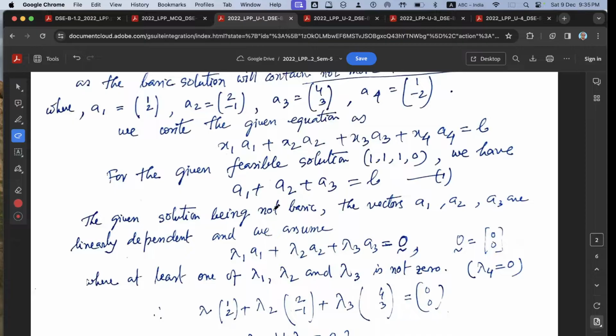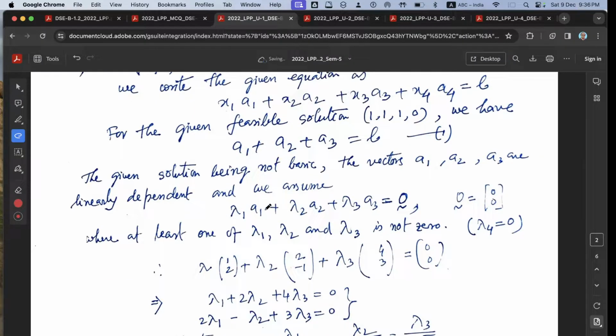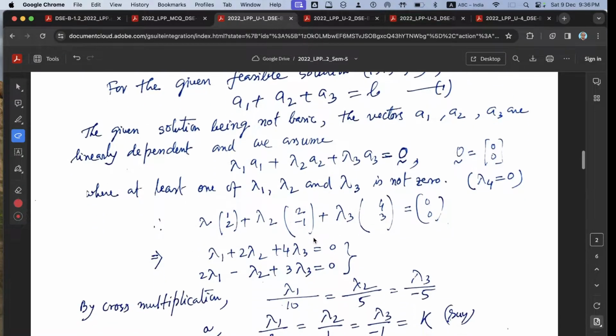The given solution being not basic, the vectors a1, a2, a3 are linearly dependent, and we assume lambda 1 a1 plus lambda 2 a2 plus lambda 3 a3 equal to the 0 vector, the (0, 0) column vector, where at least one of lambda 1, lambda 2, lambda 3 is not 0,